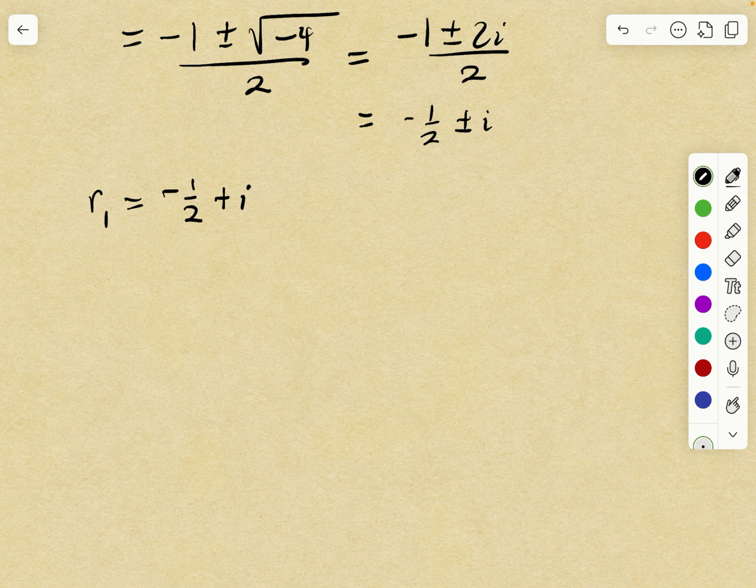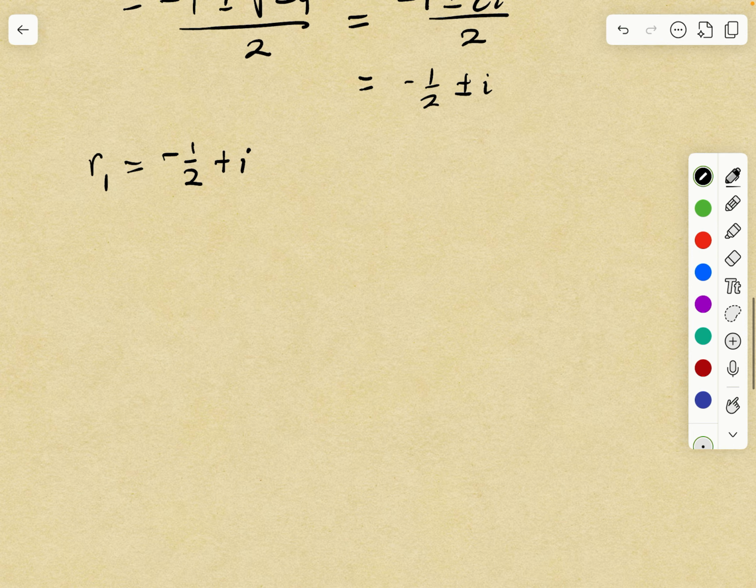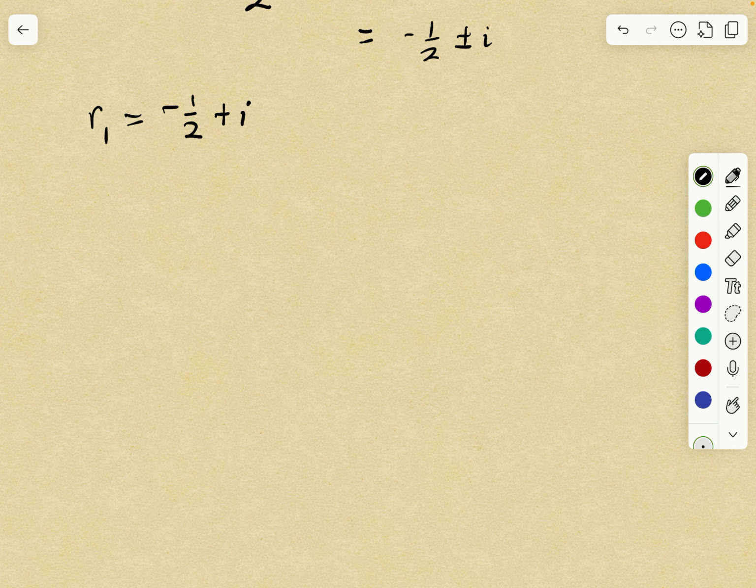So we just need to find one complex eigenvector. These are the complex eigenvalues, but the question is asking for the real valued functions that are solutions. So we just need to worry about one eigenvalue, so we just need to work with R1 and not R1 and R2. Okay. So we have R1, and then you find the complex eigenvector by doing the same thing as you would